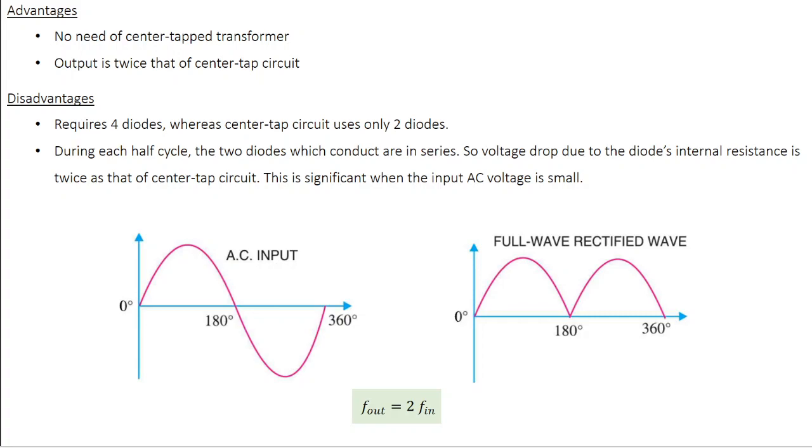Typically this voltage drop is very small, so if you are dealing with a very strong signal, this is not going to be a problem. But if your input voltage is very small, this drop is going to be significant. So these are the 2 minor disadvantages of a bridge rectifier, but compared to the advantages, this is very minimal. So for most of the practical purposes, people use a bridge rectifier over a center tap rectifier.